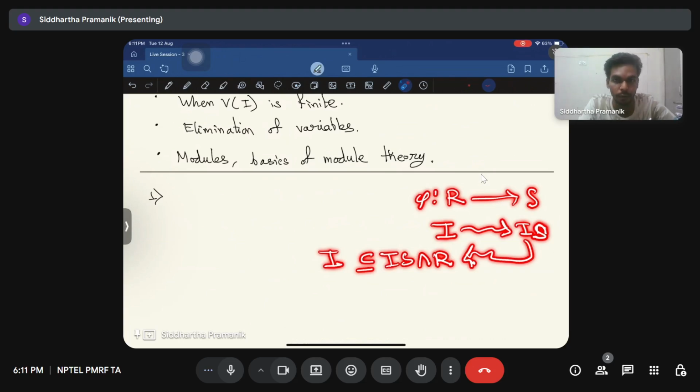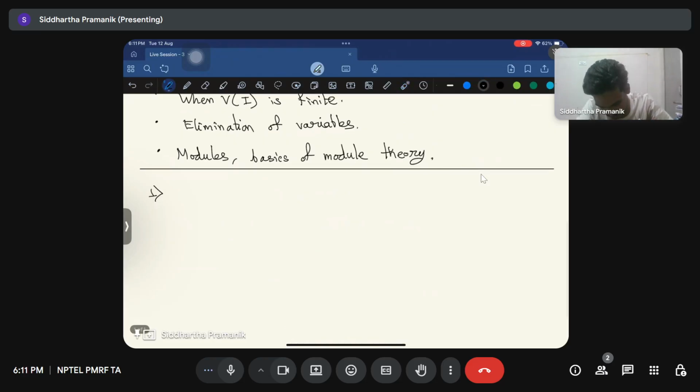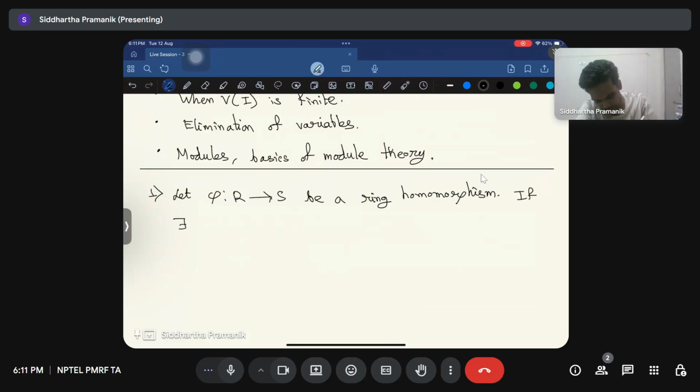So in this problem, we will see a sufficient condition on this ring homomorphism so that this equality will hold for any ideal I of R. So let phi from R to S be a ring homomorphism. Now, if there exists an R